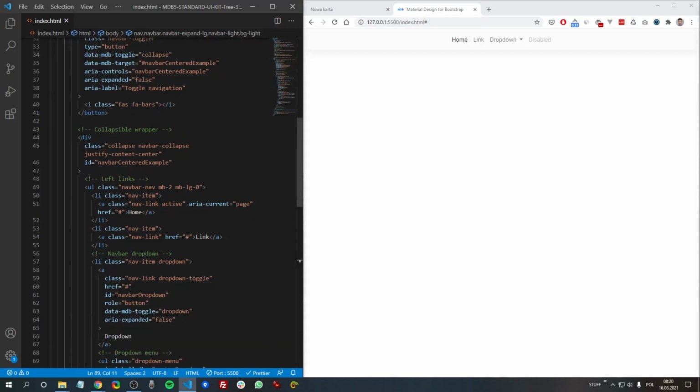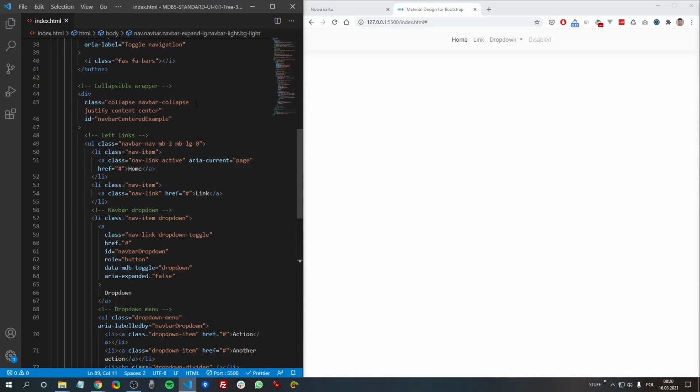And here you can see next to the collapse and navbar collapse classes we add justify content center, and this class is a Flexbox utility class which allows us to center the content inside of the navbar and actually